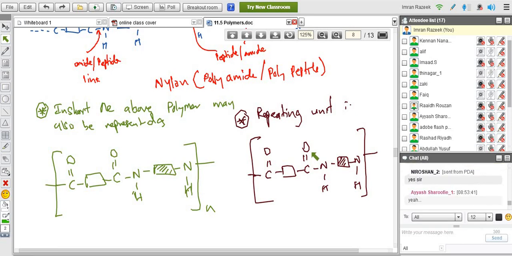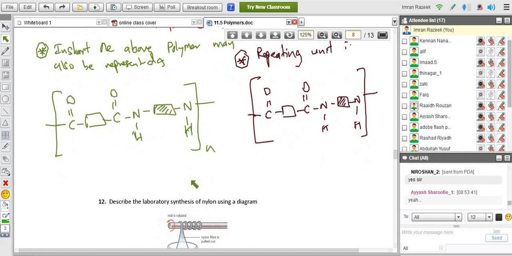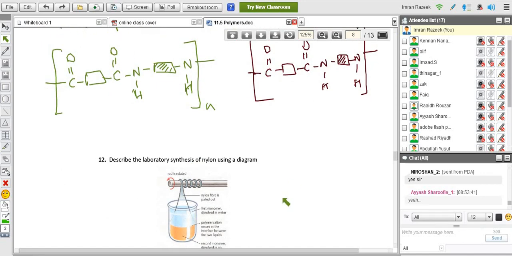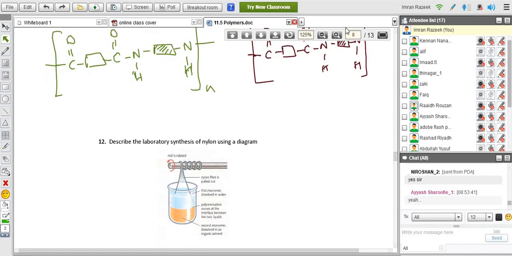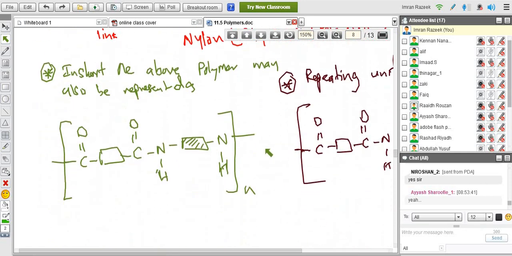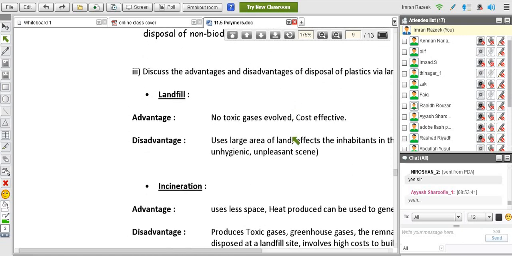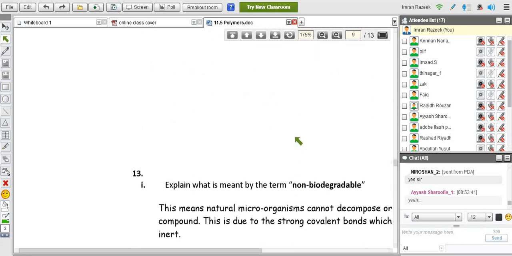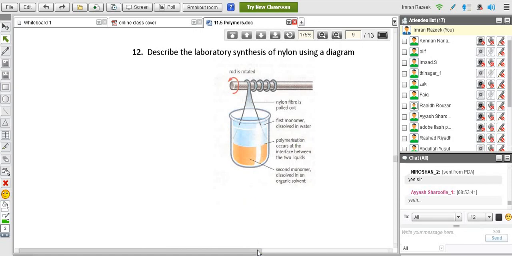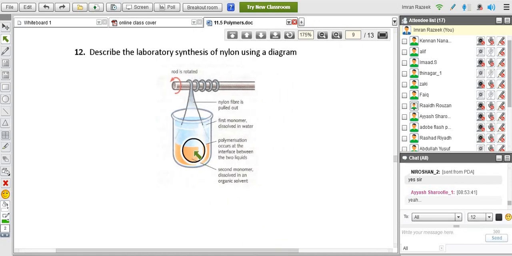So next I have shown the diagram of how nylon is synthesized in the laboratory. You have the two monomers here. Let me just enlarge this diagram. You have two monomers, and at the interface of the two monomers the polymer nylon is produced. You have the dicarboxylic acid and the diamine, and at the point where the two monomers meet, the interface, the nylon is